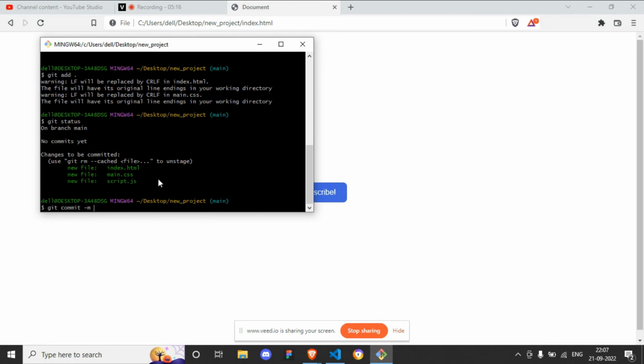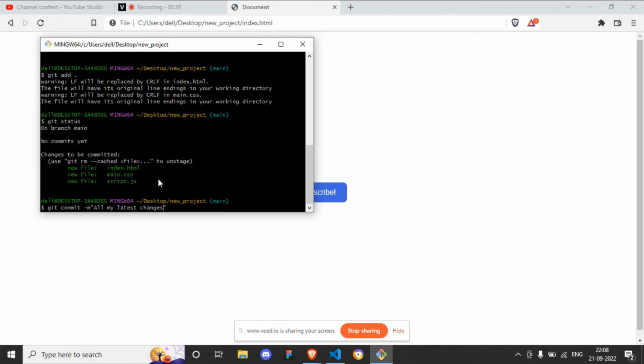You can either write a shorthand notation like this, flag m, or you can use the full notation, dash dash message. I basically used to have a shorthand notation, so that's what I will do. And then you have to write your commit message, like what are you committing, what is your commit all about. So, all my latest changes, that's what I will do. But remember, you always have to